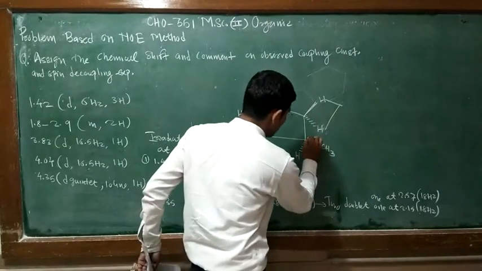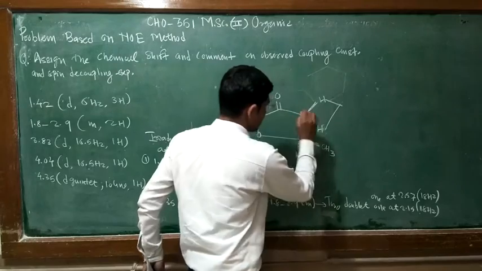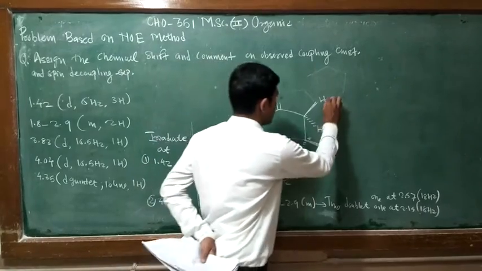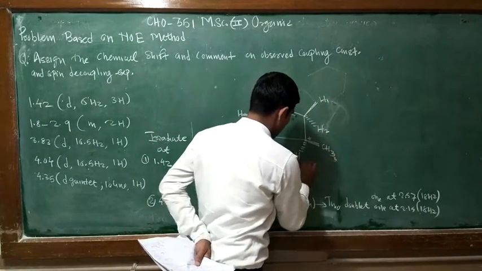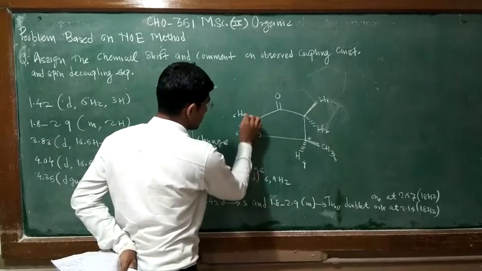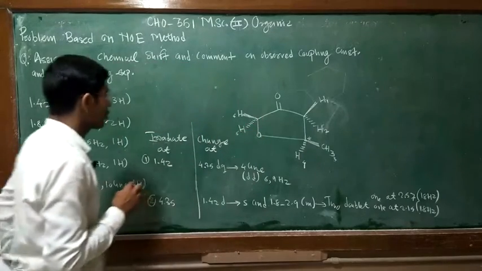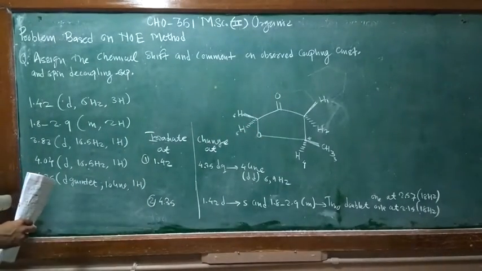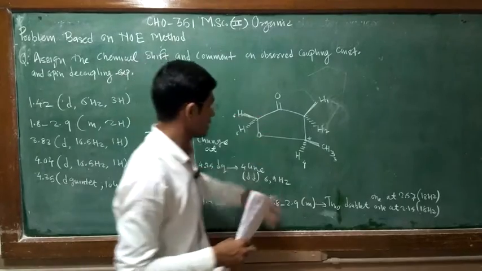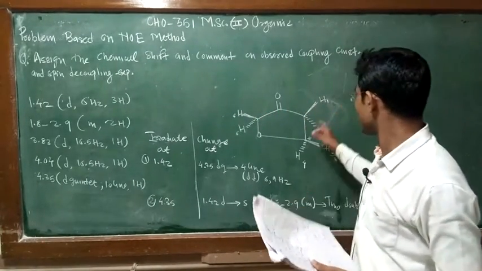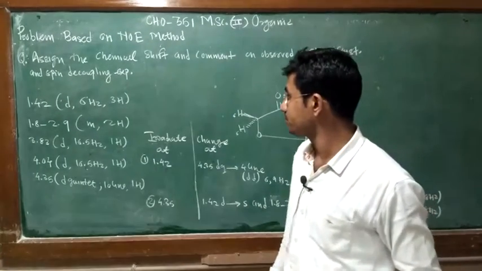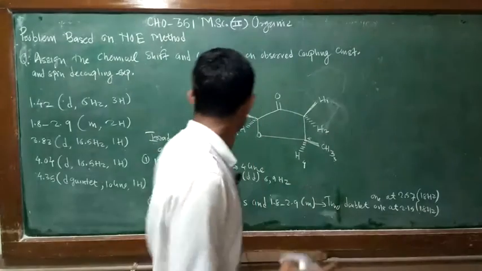So here there is already a stereocenter. So these two protons are diastereotopic, so they give different signals here. So this is 1, 2, then this 3, this is also 4, then the 5th, and this is the 6th. So these two protons also give different signals. So overall 5 signals are given, and the types of protons is 6. Sometimes these two protons also give the same signal, depending upon the situation. So firstly we are going to assign the chemical shift values to these protons.